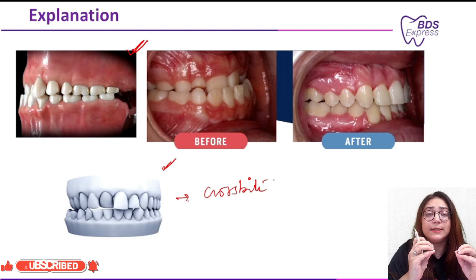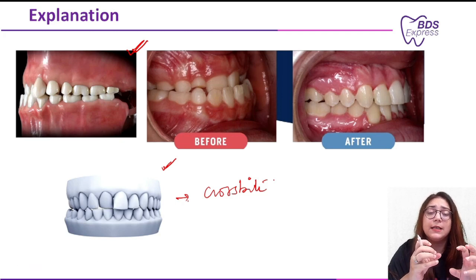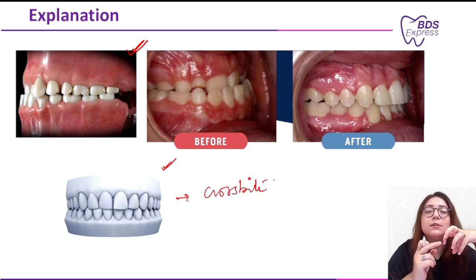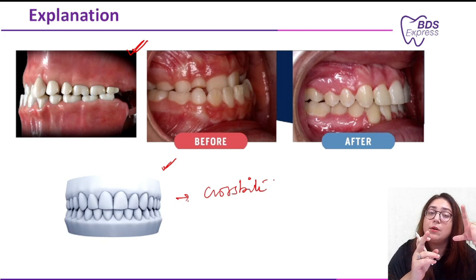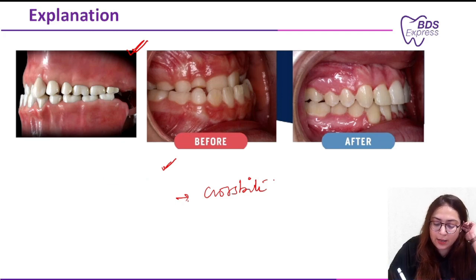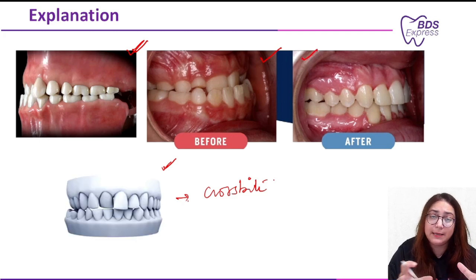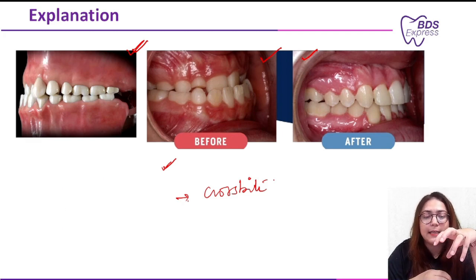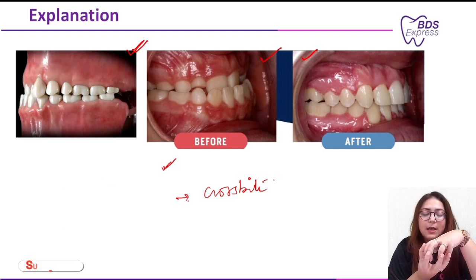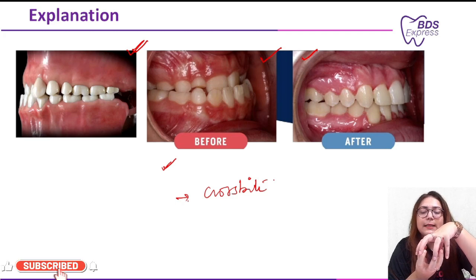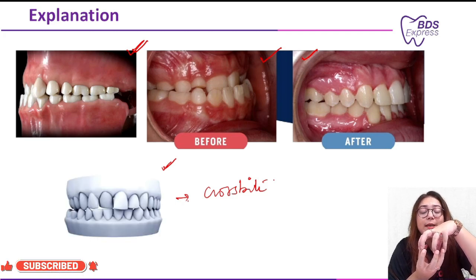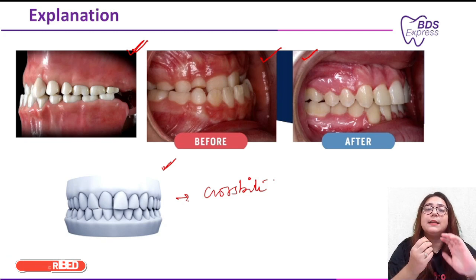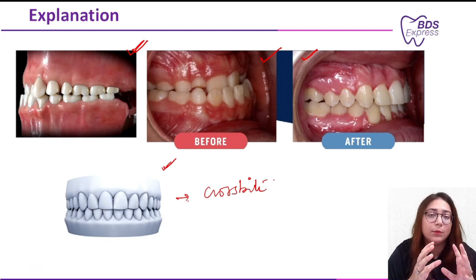Now the basic reason for that is either the crowding or the constricted maxillary arch, which was your option A. Now here is the image before treatment and here is the image for the post-treatment. Now here you can see the constricted maxillary arch. So maxillary arch is like this and mandibular arch is like this. But we want it to be like this. So in that case, we need expansion of the maxillary arch so that the teeth can accommodate in proper